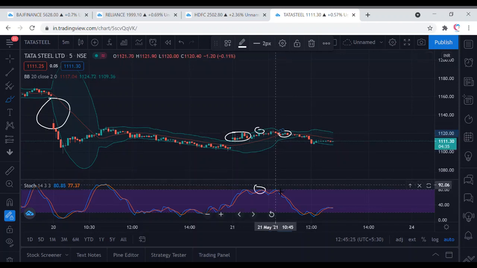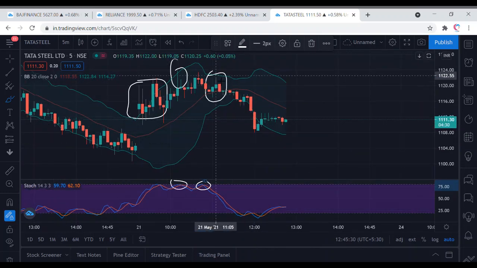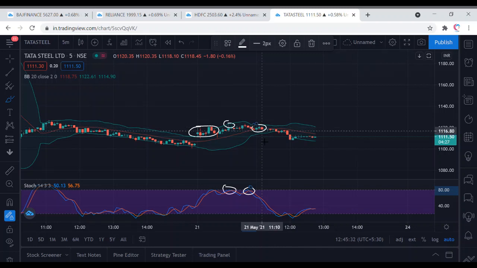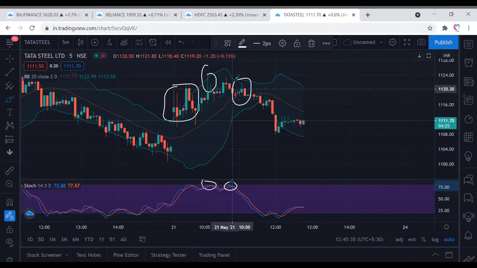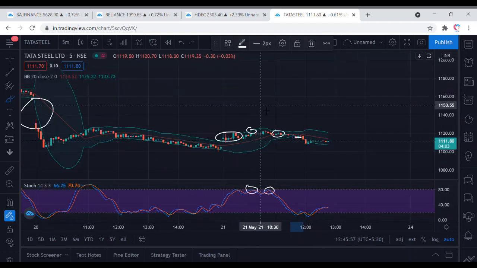and we got a sell signal when the blue line went below the red line. And this was also a kind of shooting star. So you can see shooting star is a bearish candle. You got a sell signal at 1120 with stop loss at 1122, 2 to 3 rupees. You could have also gone for the stop loss at 1123, which is the upper range of the Bollinger Band. A good 2 to 3 rupees small stop loss, and you can see the prices came down to 1115. A 5 rupees profit on a 2 to 3 rupees stop loss.